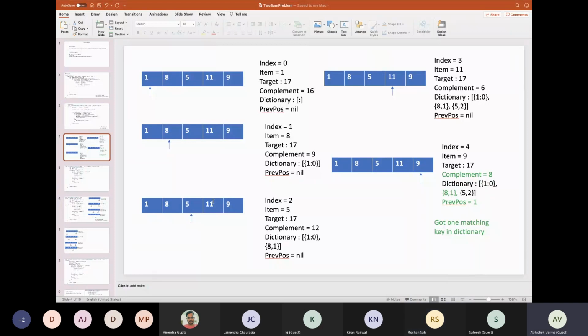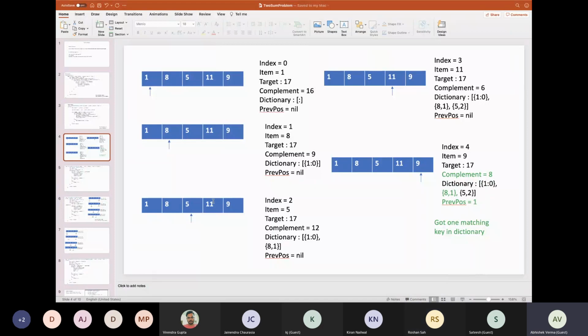Yeah, there is no need as such, because we are considering that all the elements in this particular array are unique, so we don't have to remove.